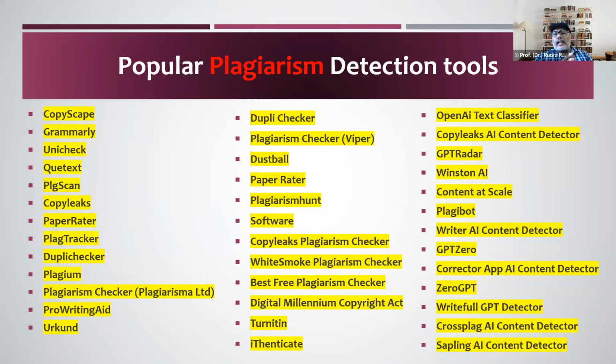CopyLeaks AI content detector is also another software. GPT Radar is also there. Winston AI is also there. Content AI scale is also there. Plagibot, it is also AI based. So whatever is written on the right side, these are the latest ones. Latest means from November 2022. These softwares came into the market and they are amazing, and they are helping the researchers to identify